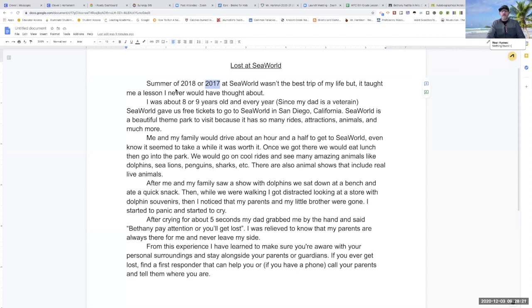But it taught me a lesson I would have never thought about. Okay, so good hook, good. The introductory paragraph is there. SeaWorld, rides, attractions, so we're good there. We drove for an hour, so we've got the setting,